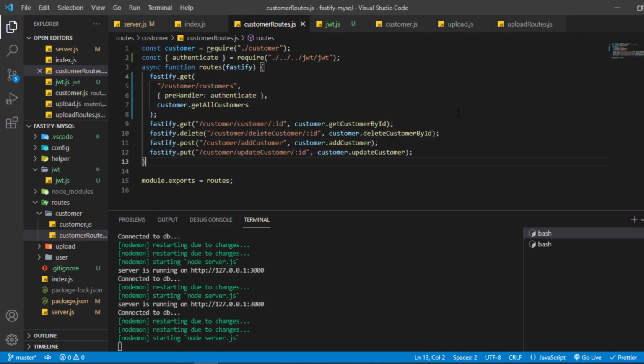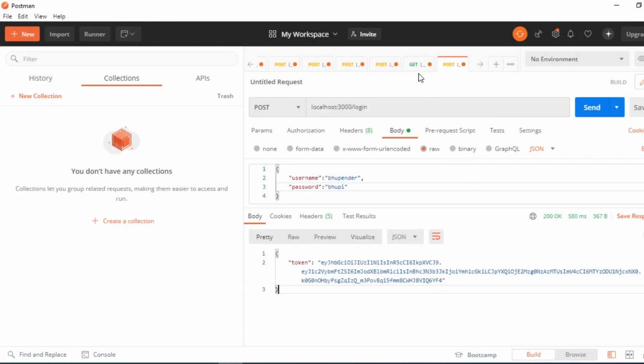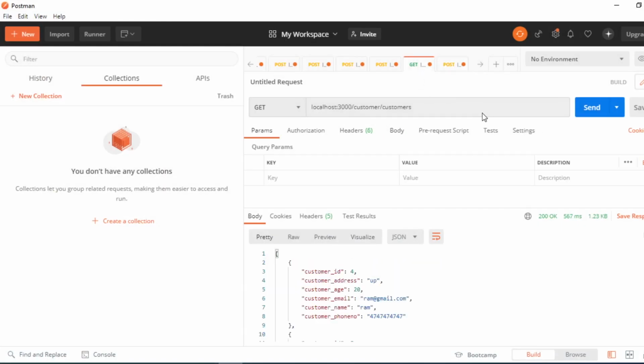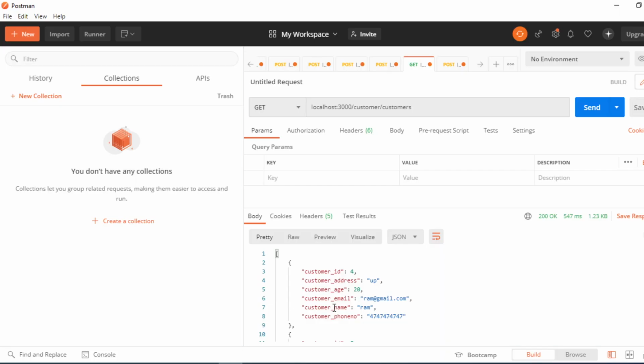Okay, to see this action, first we will open the Postman, and inside Postman we will simply come here and try to hit the send button and see what we get. We are getting the response, it is working fine, but we have to check, it is saying undefined. Okay, that means right now we are not providing any authorization. What if we start providing the authorization?